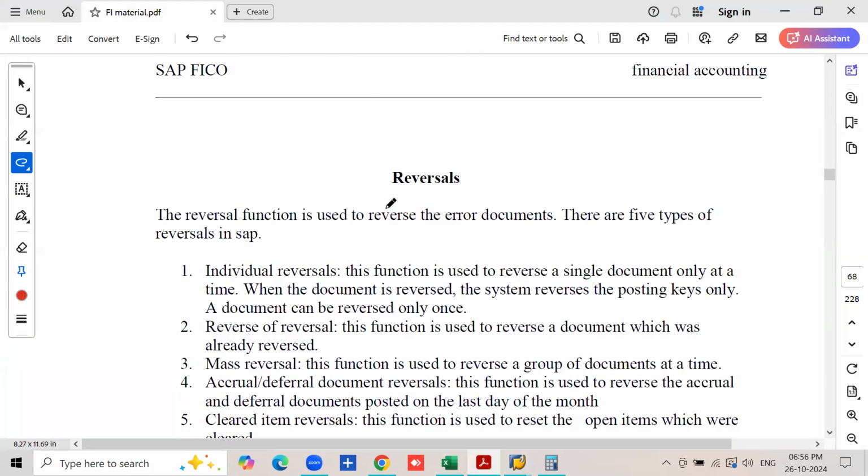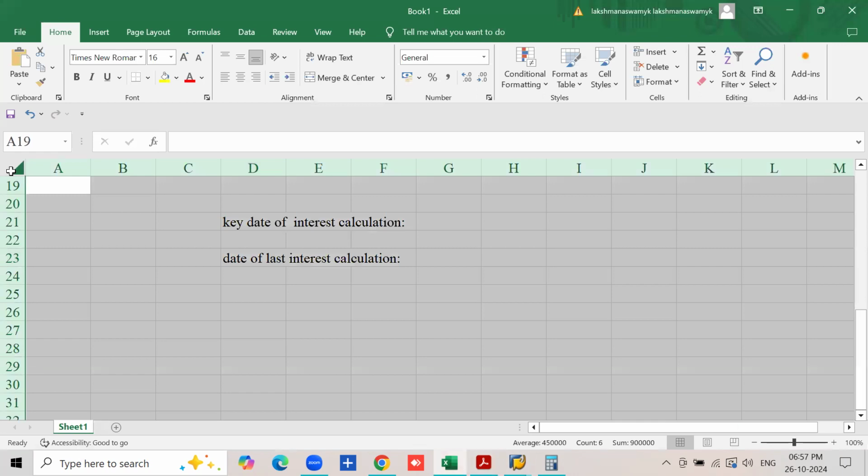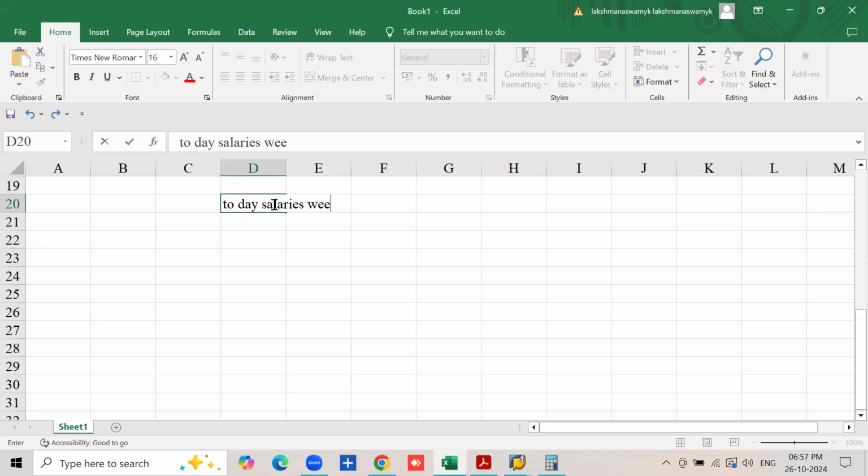Now, reversals. The reversal function is used to reverse the error documents. It is quite common that the user may be doing wrong postings, right? Say, for example, today salaries were paid, 50,000. Then the entry to be posted is